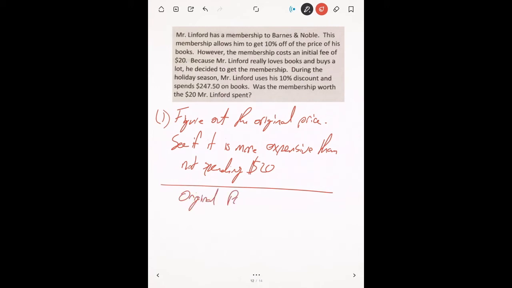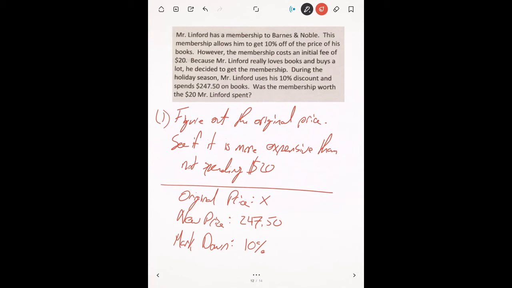The original price, again, that's something we don't know. That's going to be X. Then we have the new price. That's going to be $247.50. You're probably thinking that I just made up these numbers. In actuality, this is probably how much I actually did spend over the holiday season. So believe me, this is about as real world of a problem as it gets. So we have the original price. We have the new price. We know that the markdown, our savings, how much we discounted from the original price, is 10%. So there was some more expensive original price, but I got a 10% discount off that, and I ended up with